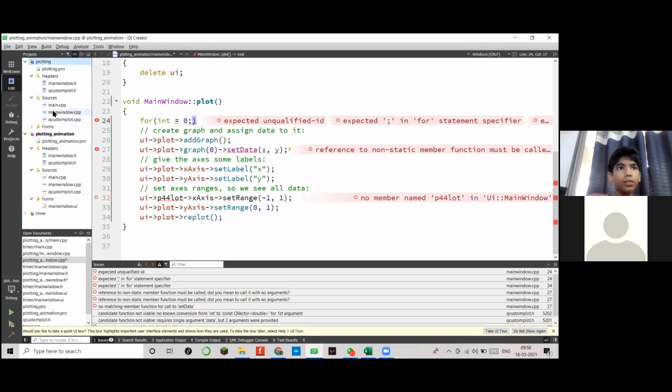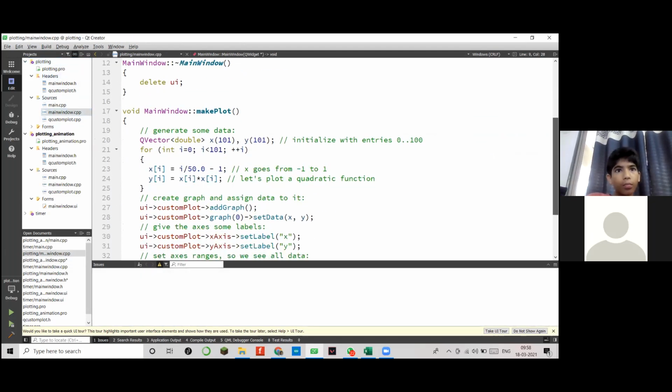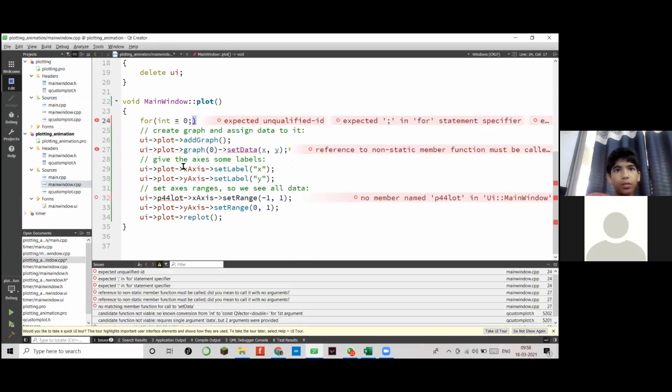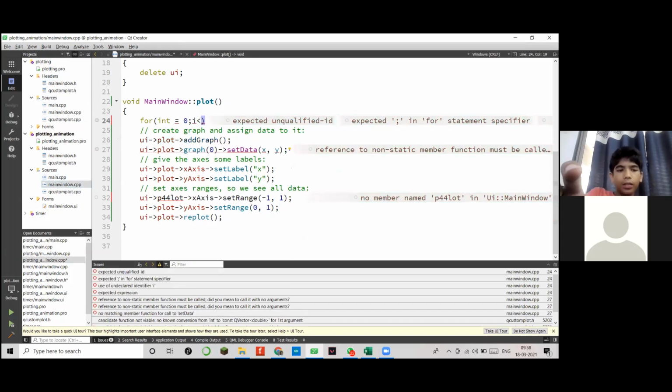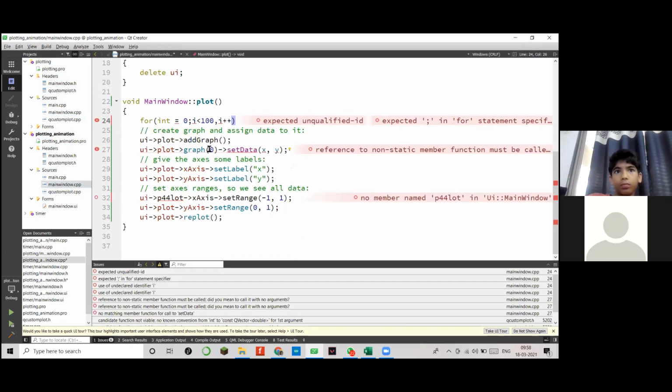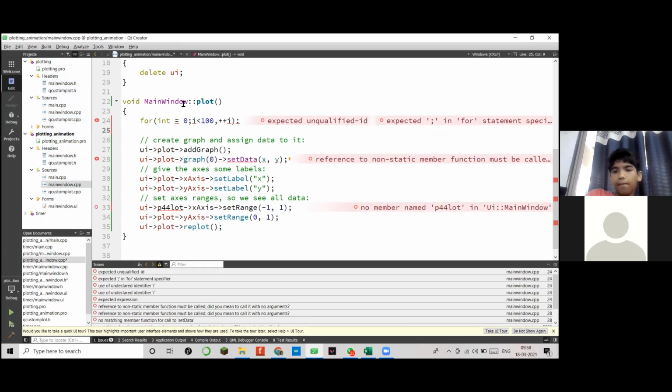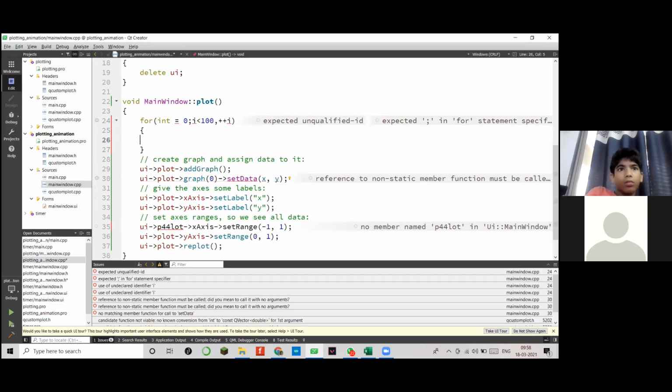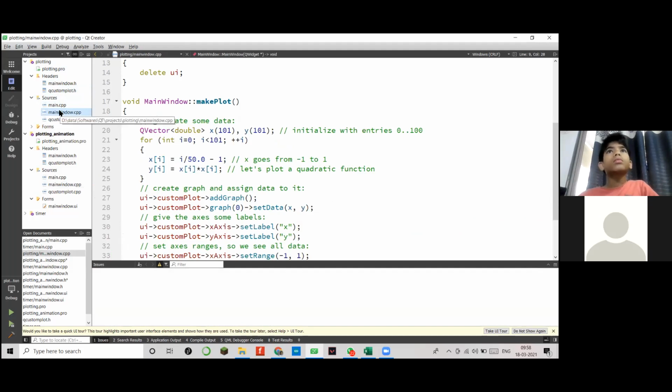Just a general check here, main window CPP, make plot, okay. i less than 100, i plus plus. Oh, no.